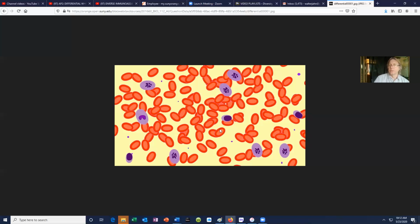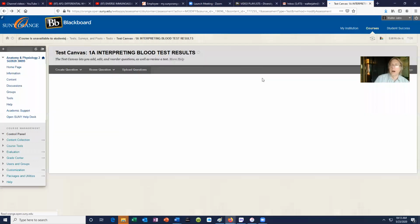If you had a tally that looked something like this, so if this was a person's blood, you might say, all right, there's 10 white blood cells here. Oh, and the neutrophils are making up 6 of the 10. If that's my average, about 60% of them are neutrophils. That's about average. Oh, and look, here's 3 lymphocytes. If about 30% of the white blood cells that I count are lymphocytes, that's about average. Here, 1 in the 10 is a monocyte. That's about average. So that would strike me, this person has just the average distribution of